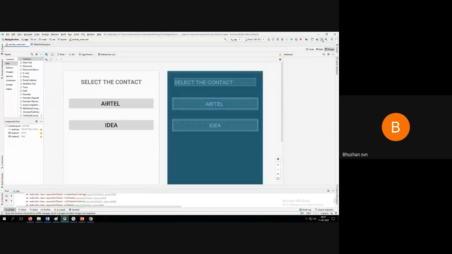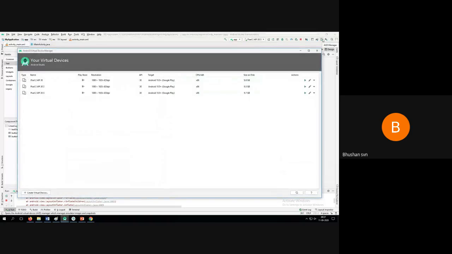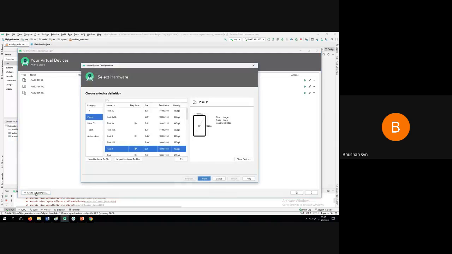When you click on virtual devices, there are many available. Whichever virtual device you want, you can use it. I have just installed two or three virtual devices. If you select any one of these, it will execute on that specific platform. If you want to create a new virtual device, there is an option available here.